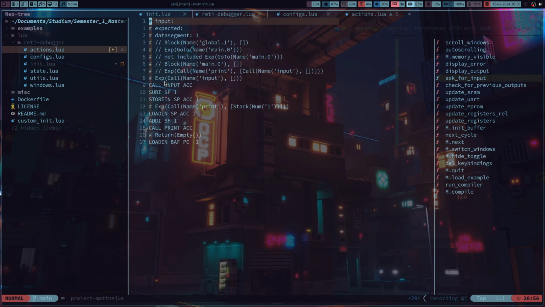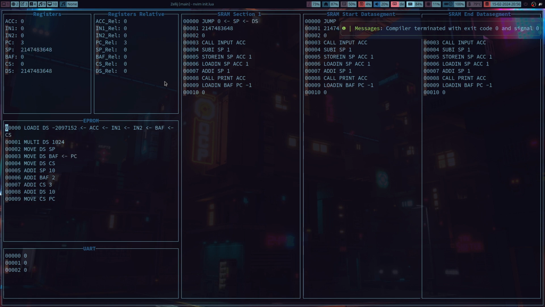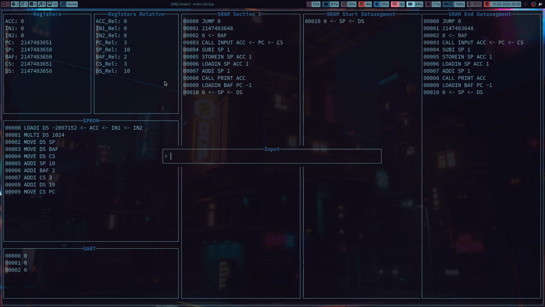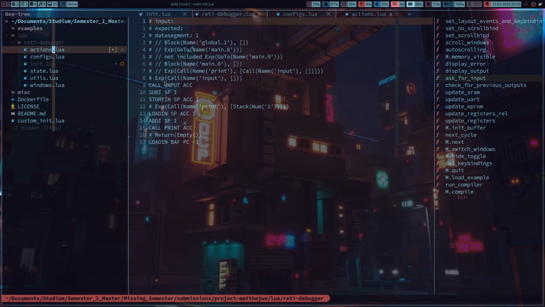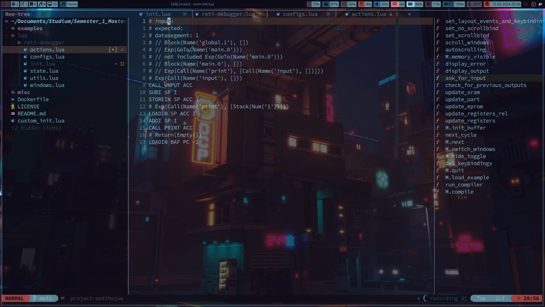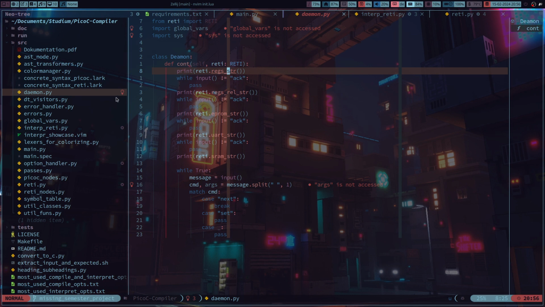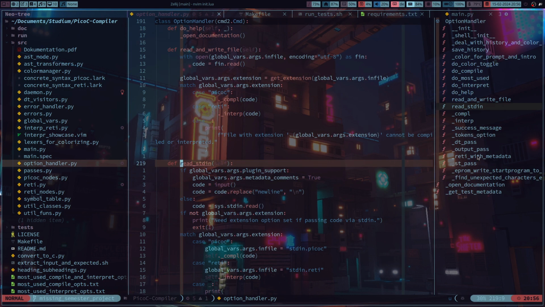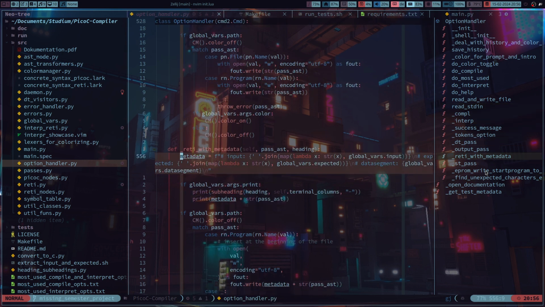If I execute this example, you see that I will be asked for input, but it's also possible to provide metadata in the comments of the RETI file, and that works the following way. Therefore, I have here RETI metadata, and it reads